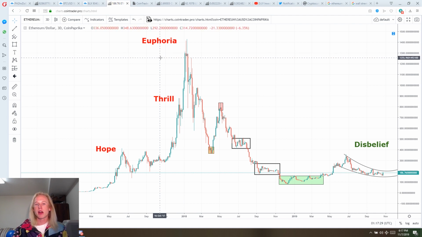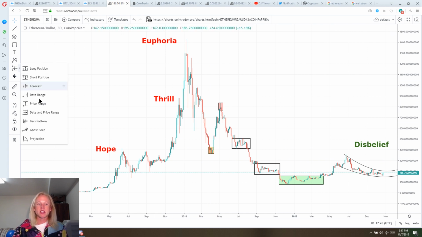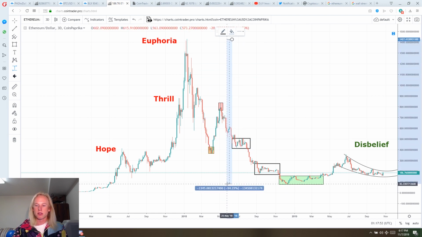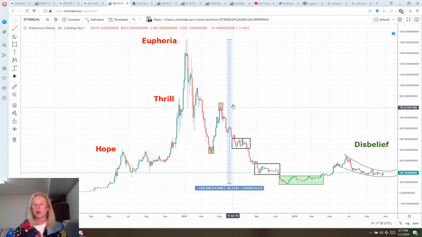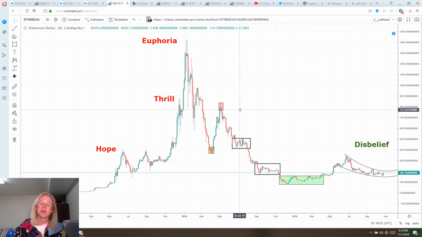Now, this is the top of the market where everybody's the most excited about buying. This is where all of the fun money is making money. Everybody's making profits. They think that the market can never stop going up, and that's really what starts the new paradigm, and then we start the retrace back down. Now, based off of the last cycle that we saw inside of Bitcoin, from all-time high to the bottom of accumulation, we saw roughly a 94% correction. And inside of Ethereum, we saw the exact same sizable retrace back down, 94%. Now, this is what's to be expected in a very emotional market. Now, cryptocurrency, guys, is a speculative market 100%.